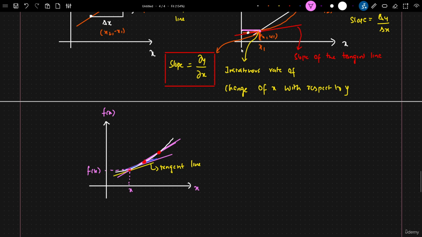Similarly, if I move this coordinate point more towards this particular first coordinate, let's say I'm moving over here now, and similarly I'm moving over here. As I move towards this point, finally you'll see that I will be able to get the instantaneous rate of change for this particular point. Because when we are decreasing the distance between these two coordinates, it is coming to this particular point, and that is how we can compute the slope with respect to that particular point. Initially I had a secant line, but as I used different points,